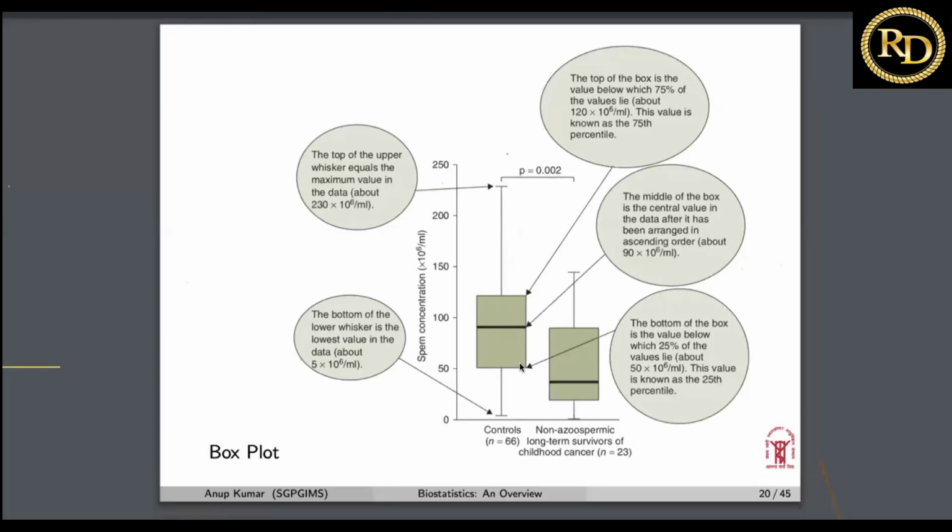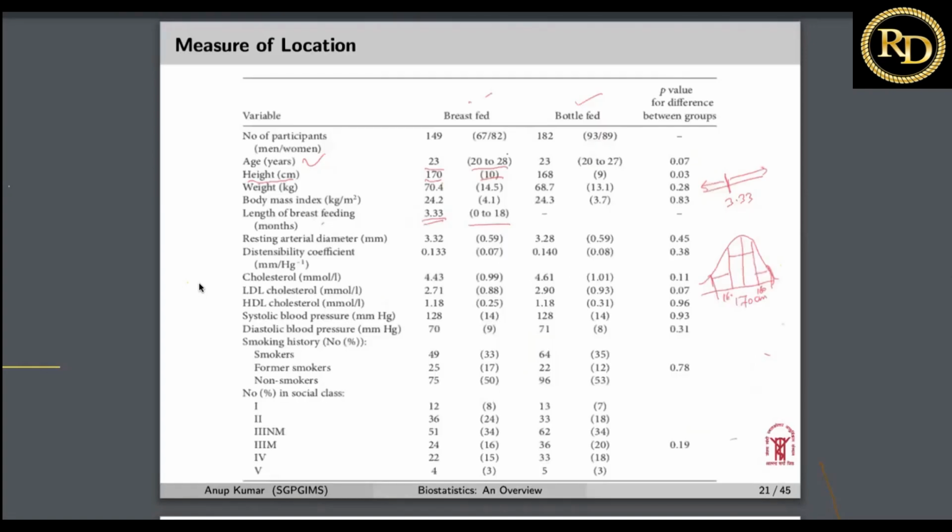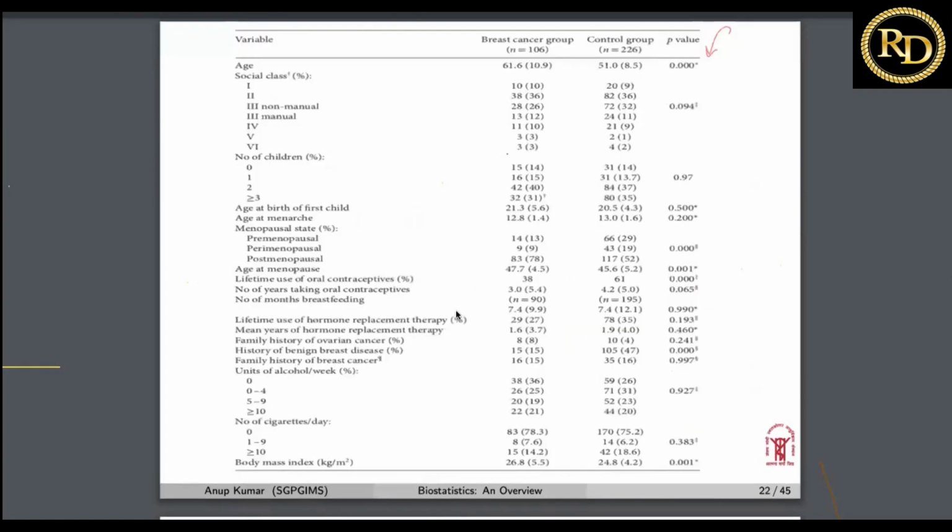The third quartile of this one is 50, and the third quartile of the other one is around 25. In this way, the reader is able to understand the whole distribution of the data just by reading this particular graph. You can see such graphs in research articles.